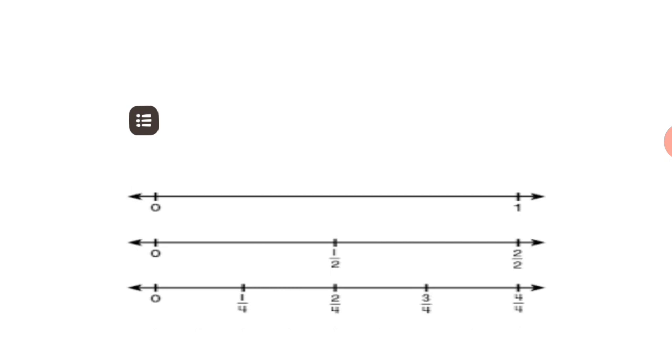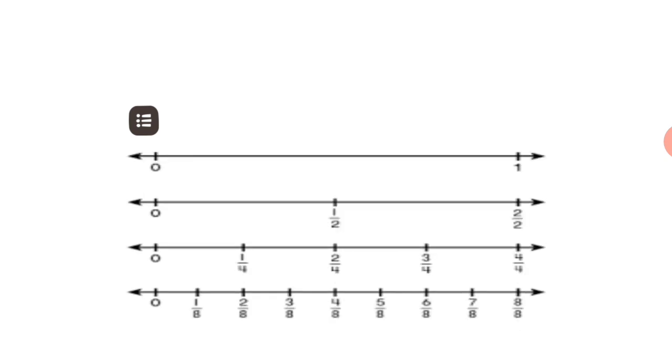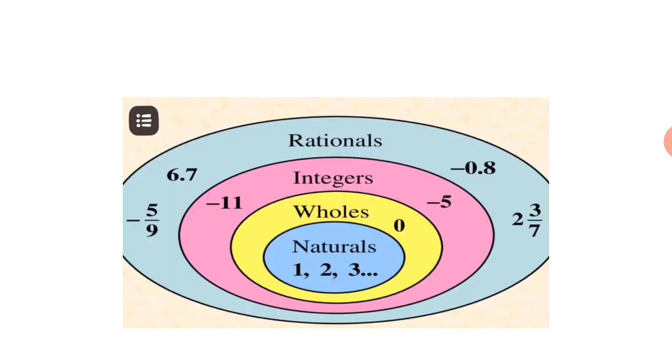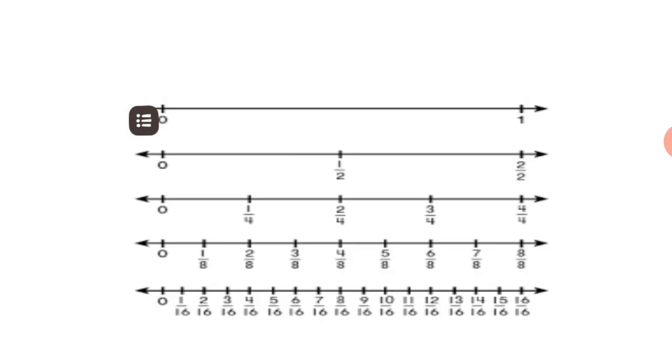Next, also see that between 0 and 1 there are many more numbers. These numbers are all called rational numbers. There are an infinite number of rational numbers between 0 and 1. Not only 0 and 1, there are many numbers in between. Ordinarily, you mark the number line 0, 1, 2, 3.